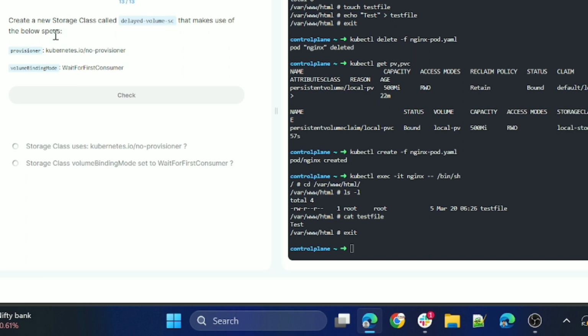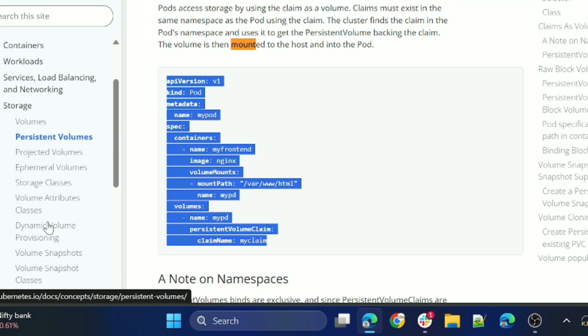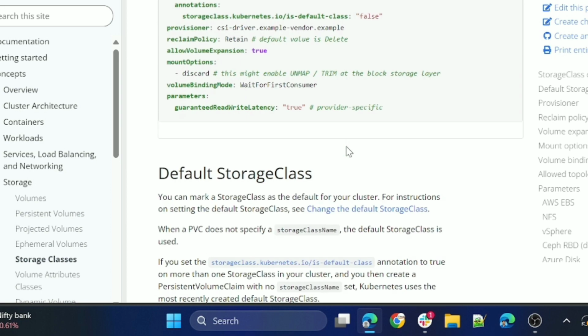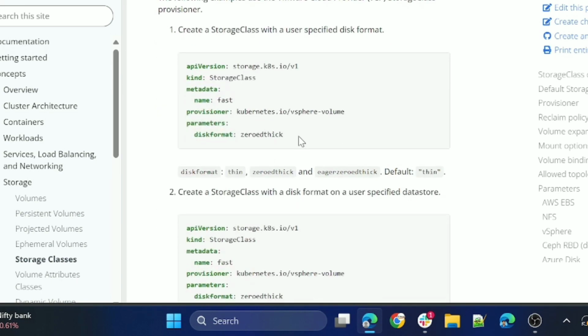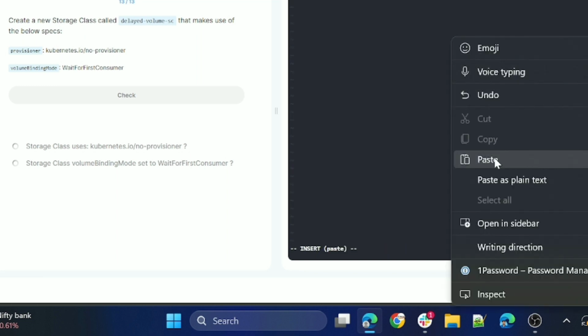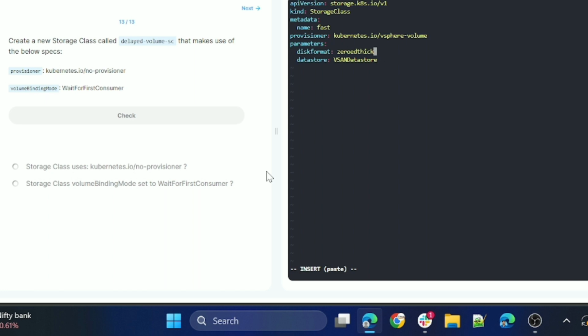Okay. Next question: create a new storage class called delayed-volume-sc with the below configuration. Let's go to the storage class documentation. Okay, here I got the code. Now creating the YAML file sc.yml. I will try to give proper naming: delayed-storage-class. Now I am pasting the code for the storage class,